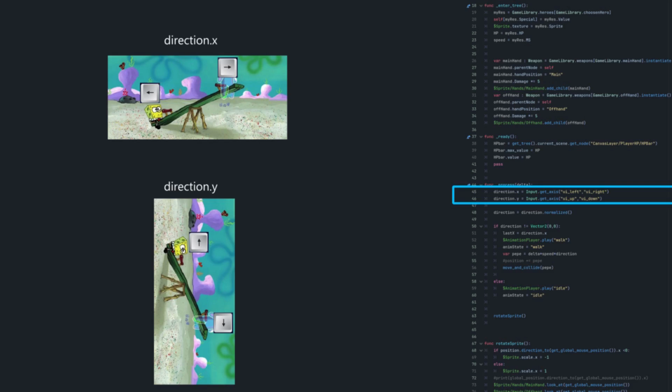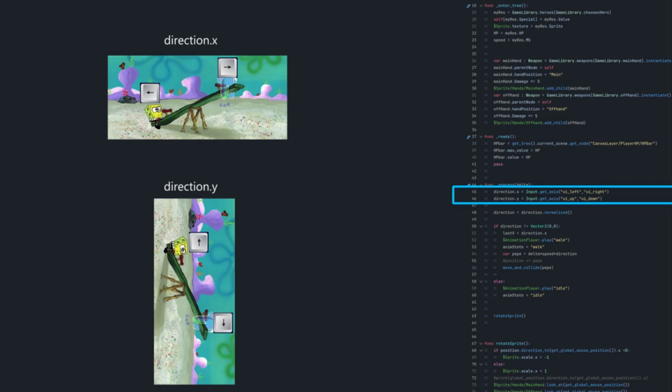And it just multiplies speed times direction, so it's gonna move our character accordingly. It's gonna move our character depending on the time that has passed since the last frame, the speed of the character, and the direction from the 4 keys that are pressed.